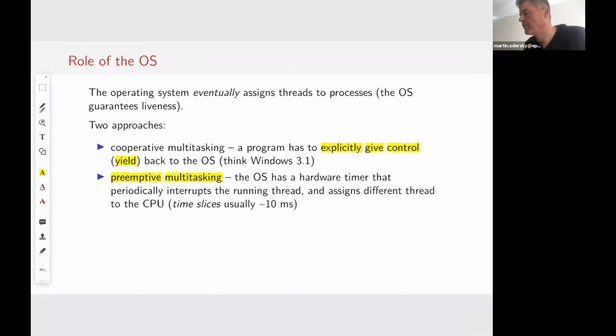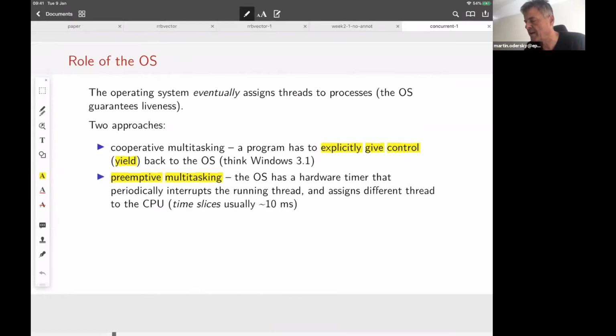So preemptive multitasking is mostly what it is these days. It seems that every new language tries cooperative multitasking first. If I remember, the first threads on Java were cooperative. I think the first threads on Go were cooperative. So were the first threads on Rust. After a while, they all switched to preemptive because this problem of hogging CPU resources and not yielding is just too serious, and nobody has found a good way around that yet.